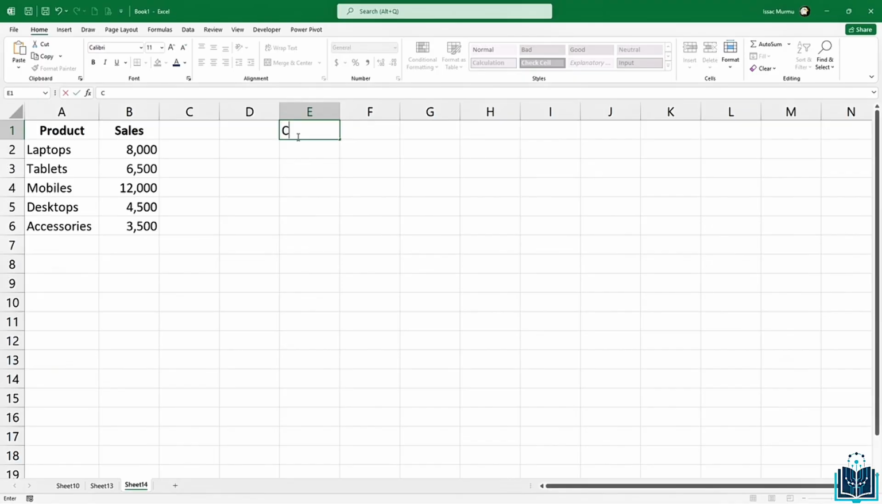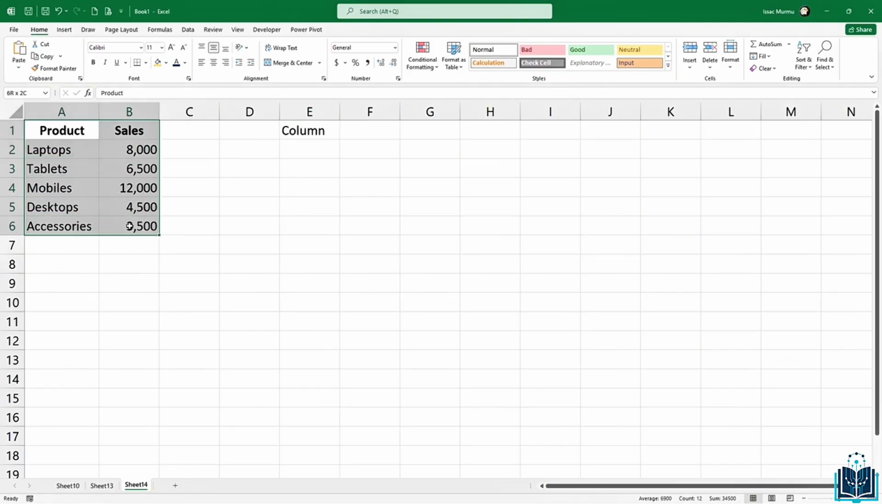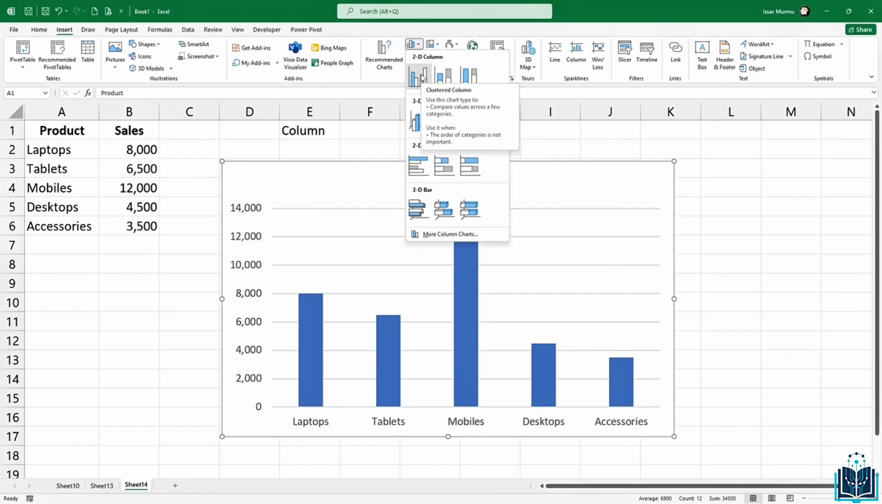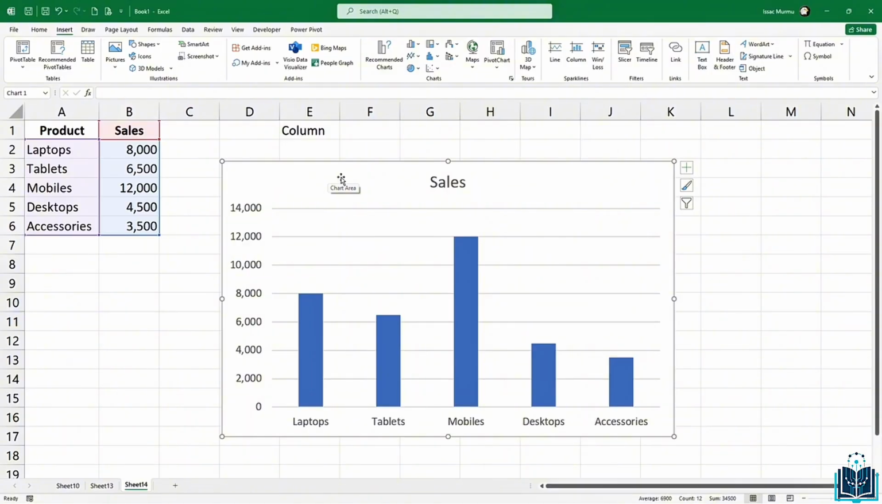Okay, so I'm going to type the name here, Column Chart. First select the data range, let's say A1 to B6, and now go to the Insert tab, and under the Charts group click on Insert Column or Bar Chart. Okay, and here choose Clustered Column, and Excel will generate a column chart